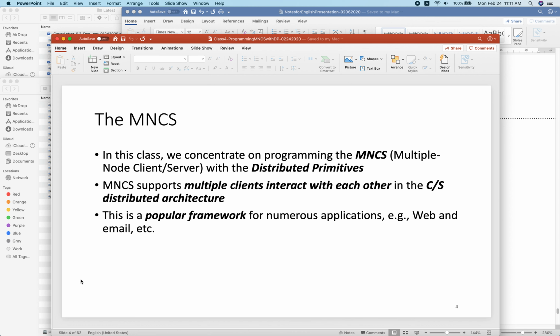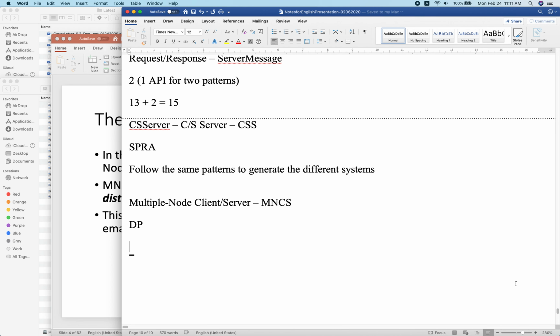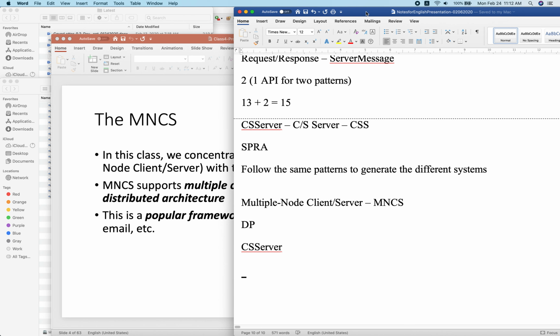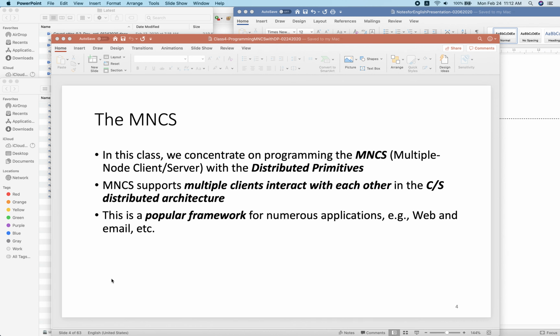So this is the definition of MNCS. It has multiple clients in such a system. Multiple clients need to interact with each other. But the distributed architecture is client server. It's still a client server based distributed architecture. As you have seen in the previous classes, for the server we use CS server. This is an API and design patterns. When you use CS server to program the server side, the server can only receive messages